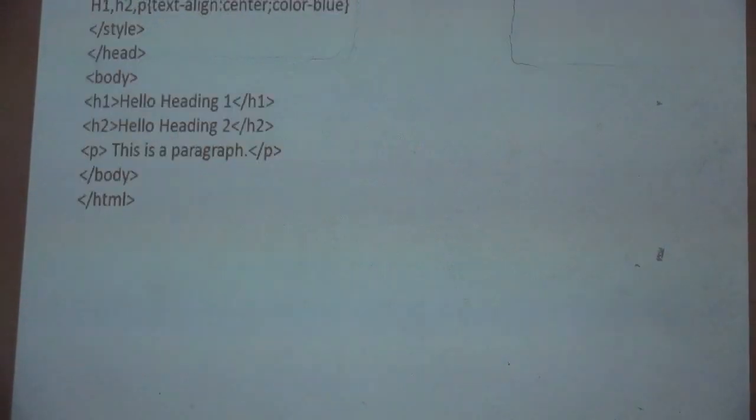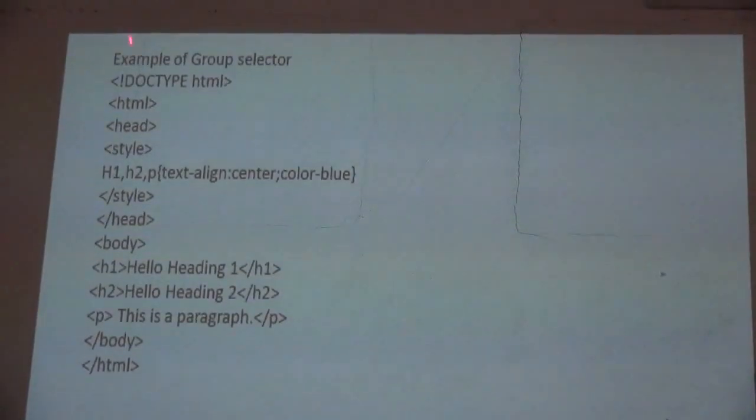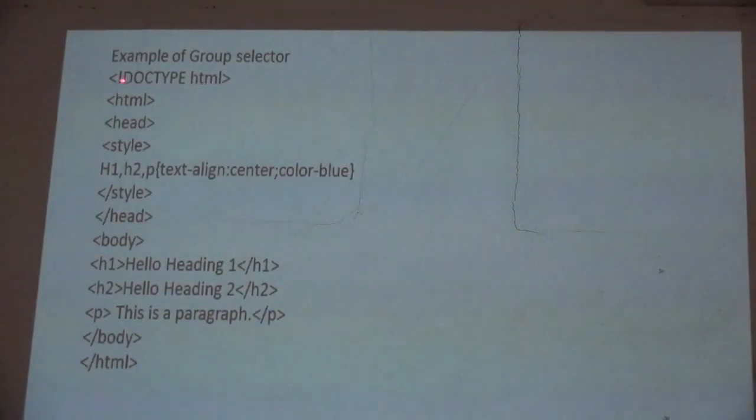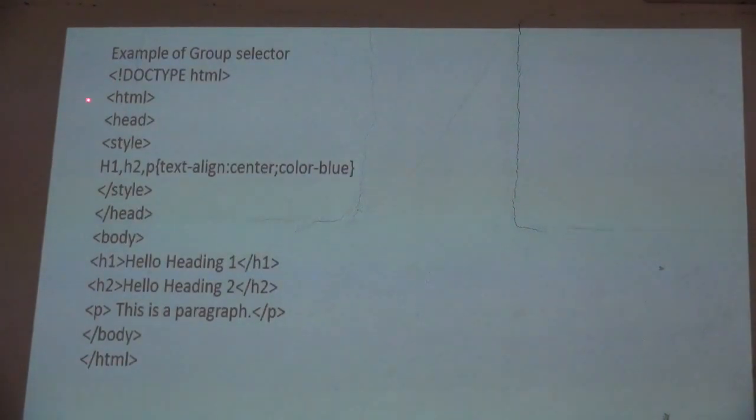Next, here is the example of group selector: document type HTML, head, style, H1, H2, P, text align center, color blue, style tag is closed, again head tag is closed. Now in the body tag, for H1 we are having the heading hello heading 1.